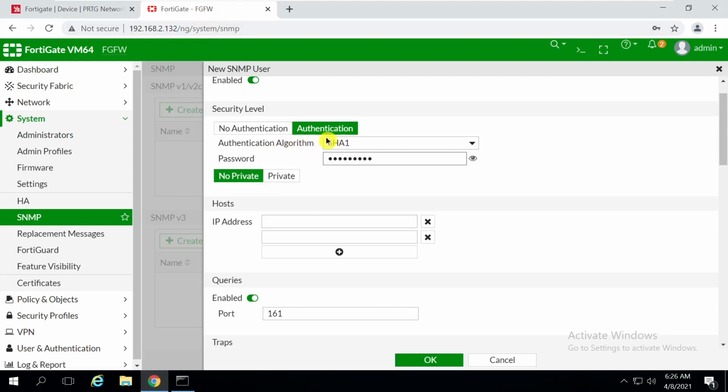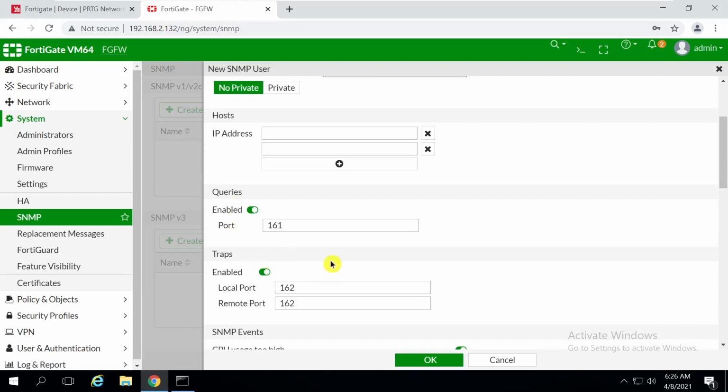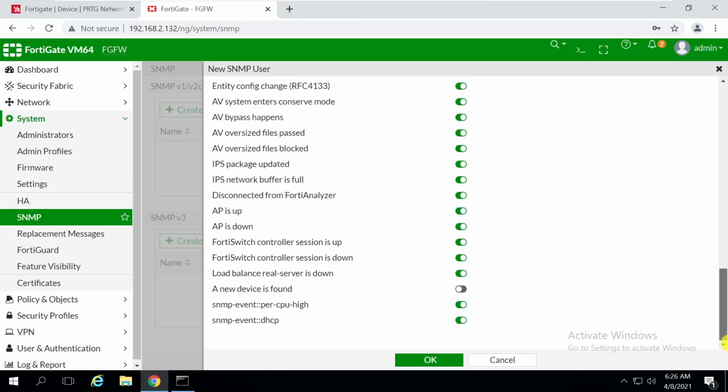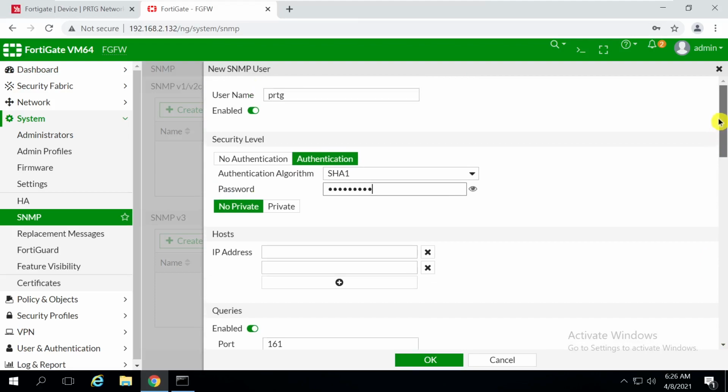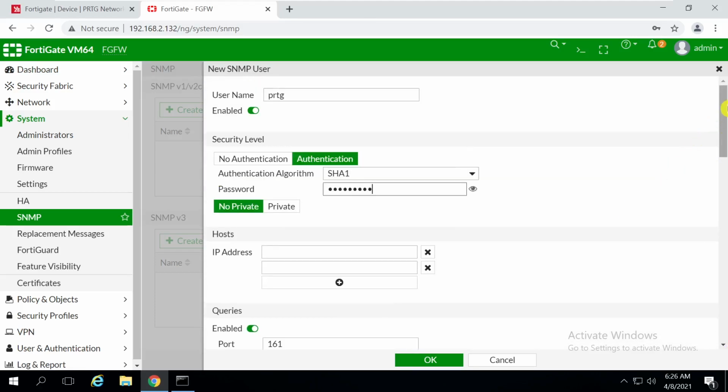I am selecting authentication, and the authentication algorithm as SHA1, then I'm giving the password. I'm using no private, with queries enabled and traps enabled.